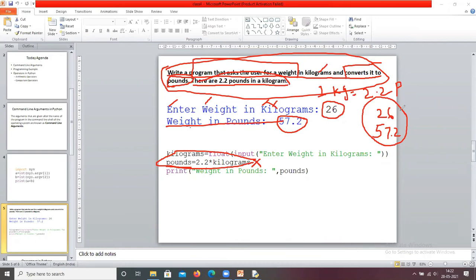If they are asking for the weight in pounds, you observe this string and you can write the same string in your program. For any program you follow these steps: first you observe what input you are going to read, whether there is any message to display when reading the input, and what the output format is. You need to know all these things when you write the program. Now we write this program.